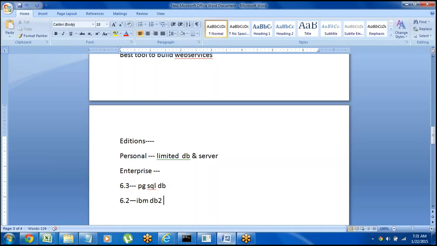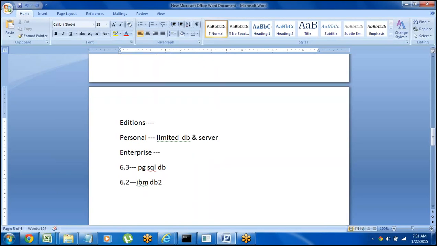But don't worry, whatever database we use, the process will be the same in all the databases, because here we will not write any queries. If you use Oracle or IBM DB2 or PGSQL, we are not going to write any queries here. Just by point and click, we are going to create the tables. And if you want to map the data to the database, for example fetch the data, insert the data or delete the data, predefined methods are available. We need to use those predefined methods.